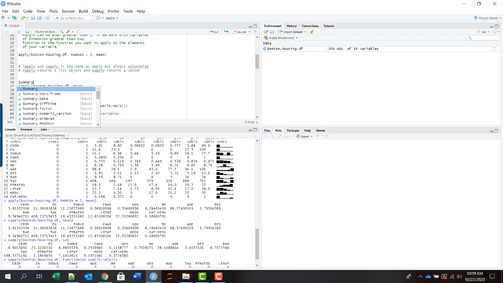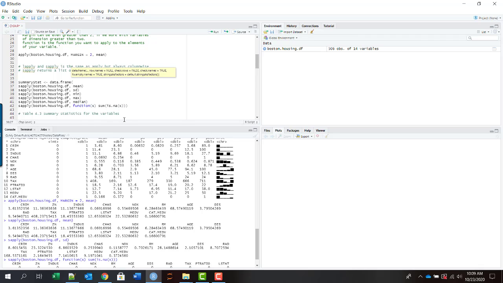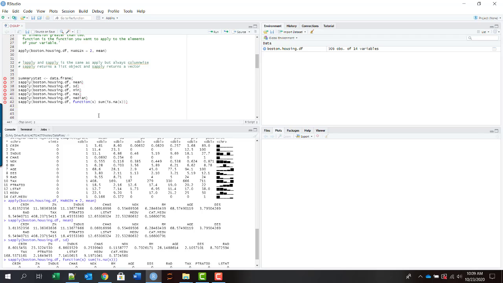So let's call this summary stat, and we want all of this to go in there as the data frame. So we'll say data.frame, open parenthesis. Let's put a close parenthesis here so we won't forget it later. Now we have to give names for each of these. So we say mean equal to the sapply. Then we have a comma here. The next item, sd equal to the next one, and then a comma, and then min equal to that, then comma, max equal to that one,